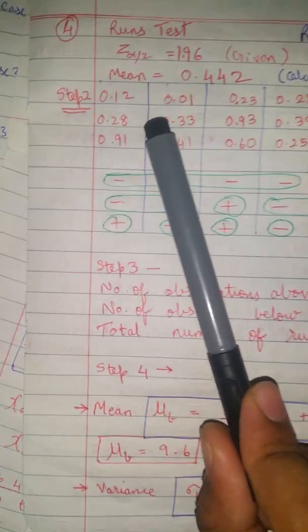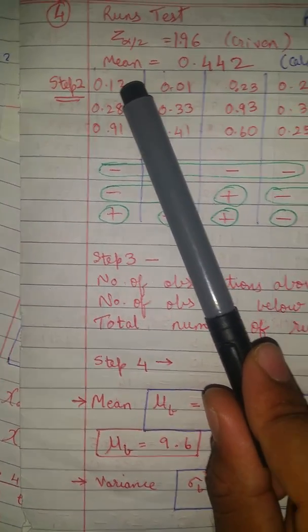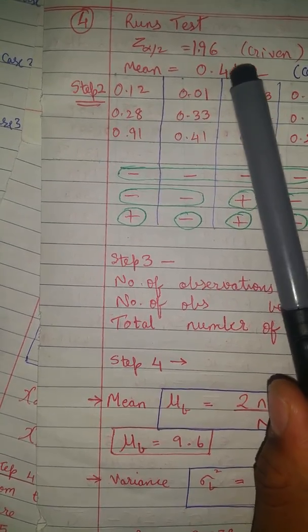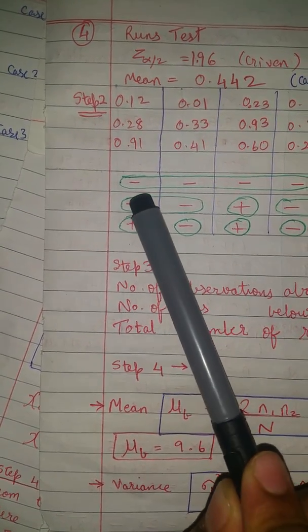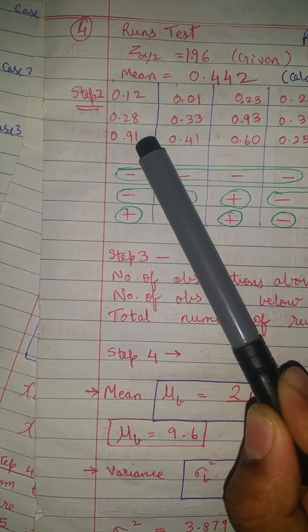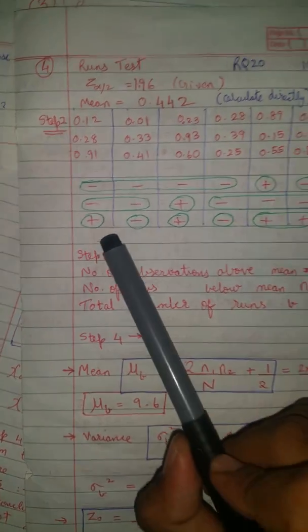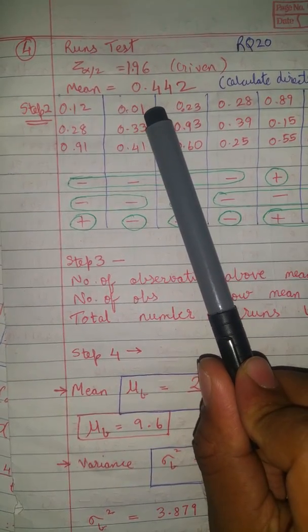Now it's very simple. For the mean test, just see the value that's given. If it is below the mean, then you simply write minus. If it is above the mean, like in this case 0.91, you write plus. So since 0.01